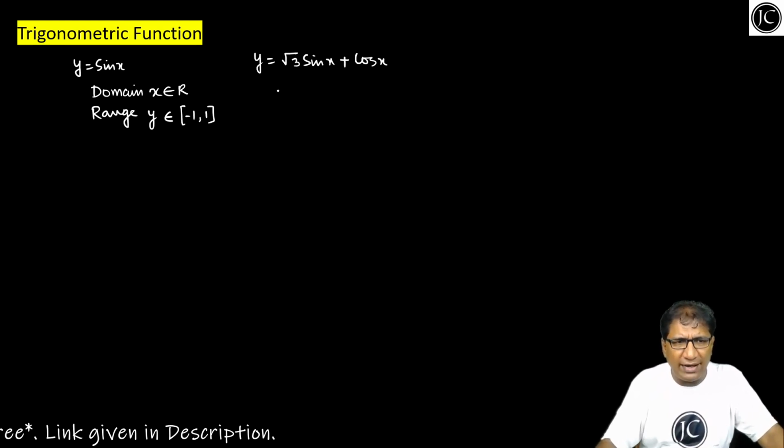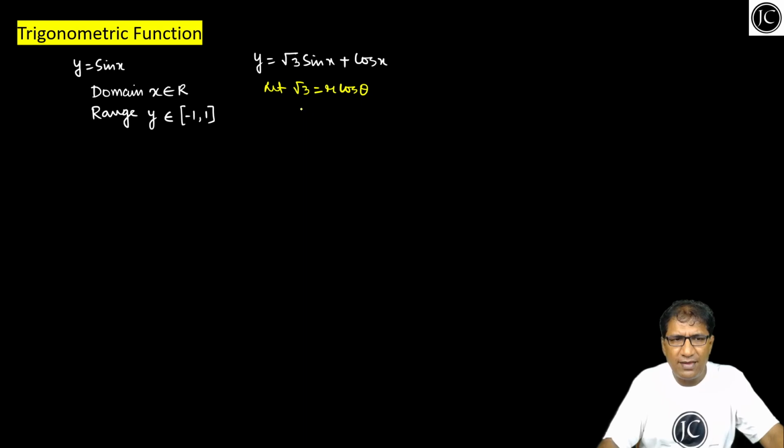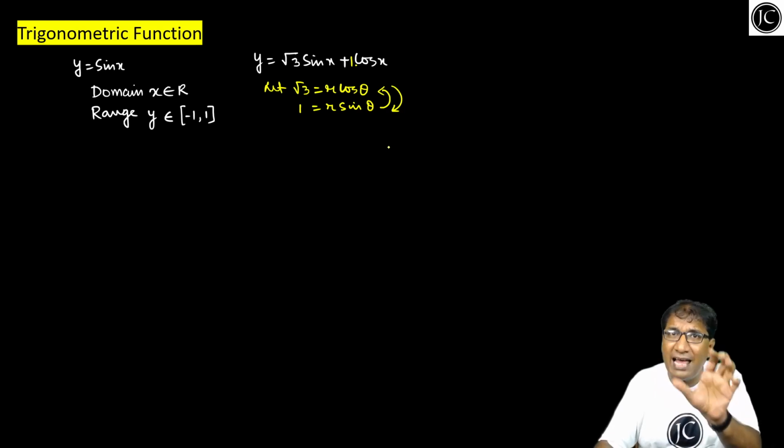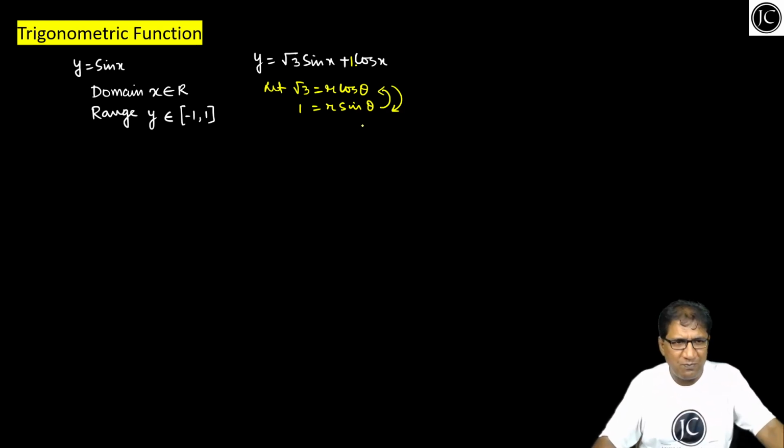जैसे यहां पर हम लोग क्या करेंगे, we will take let √3 equals r cos theta and 1, which is the coefficient of cos x, I will take that as r sin theta. Now question can arise कि सर यहां पर अगर हम ये चीज उल्टा लेते हैं तो क्या आंसर आएगा? बिल्कुल आएगा. So don't worry about it. एक को हम लोग लेंगे r cos theta, दूसरे को हम लोग लेंगे r sin theta according to the demand of the question. So in this case, if I square both sides and